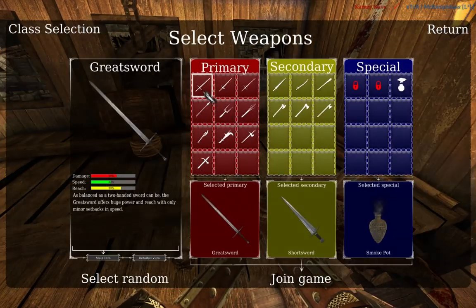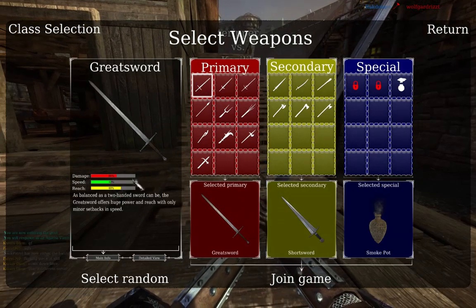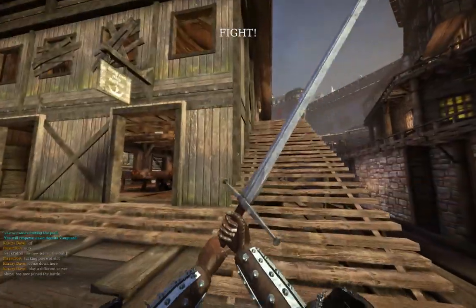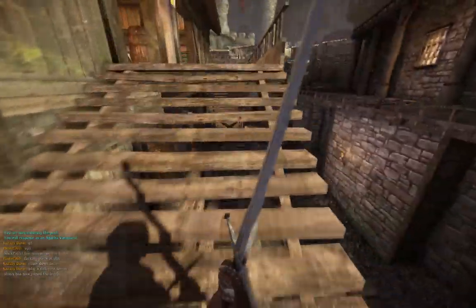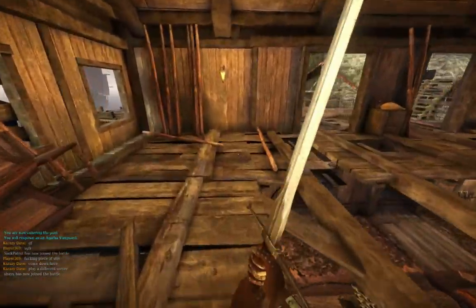So, here's his greatsword, right? And as you can see, very good damage and very good reach. Not the best on speed, but it's a trade-off you have to make. And this is one of my favorite Vanguard weapons, probably my second favorite. And the lack of speed is actually a good thing in a strategic sense, because you